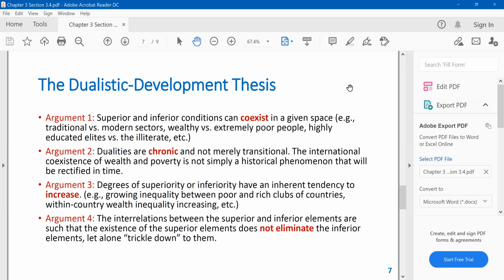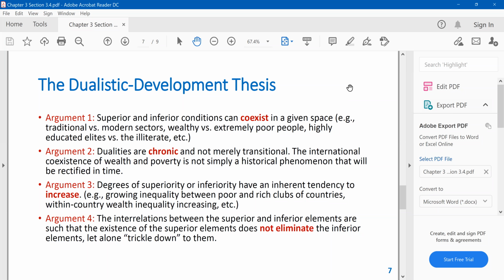So if there's a mechanism that creates these dualities, since they persist in time, you're going to observe, for instance, increasing inequality between poor sections of the society and rich sections. You're going to have increasing wealth inequalities. You're going to have increasing land inequalities. All right, you're going to observe increasing monopolization, for instance. Okay, so